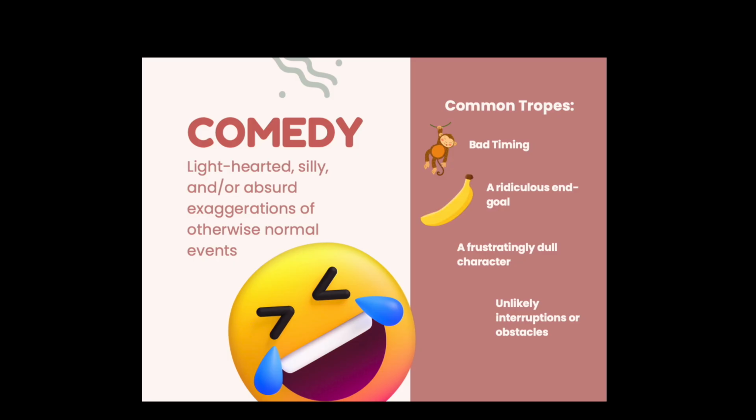Another comedy trope is a frustratingly dull character. The person that comes to mind, or rather the entity that comes to mind immediately, is Patrick Star from SpongeBob SquarePants, but also whichever character is the dullest in your opinion in the film Dumb and Dumber. Basically, what this character does is just bring a constant state of confusion and frustration to the narrative. This is going to be funny for people who find that specifically entertaining within itself, but also funny for people who like to see the reactions to that character that they can relate to.